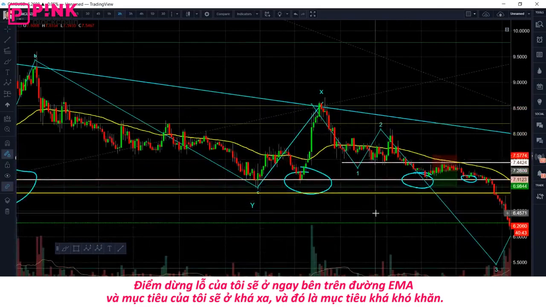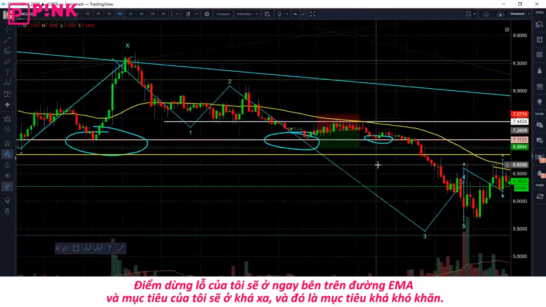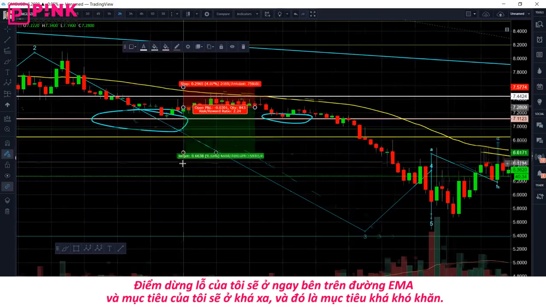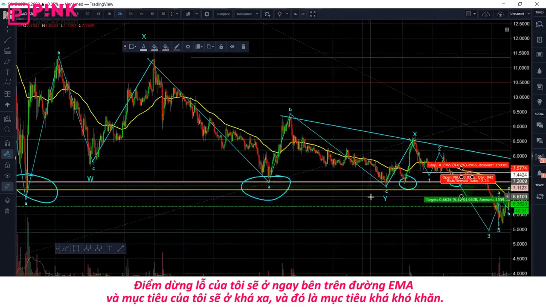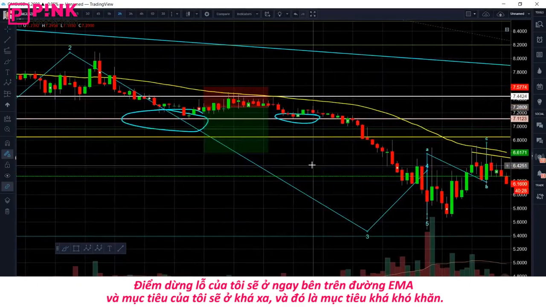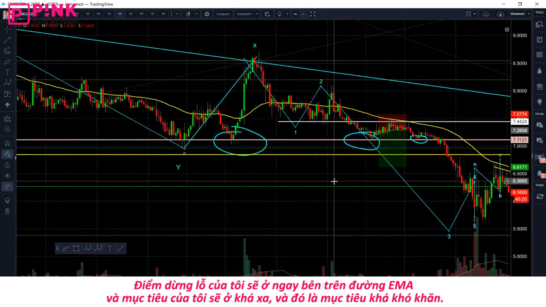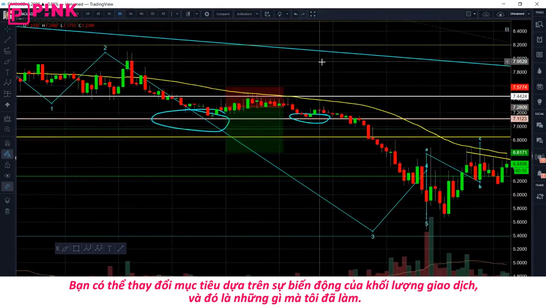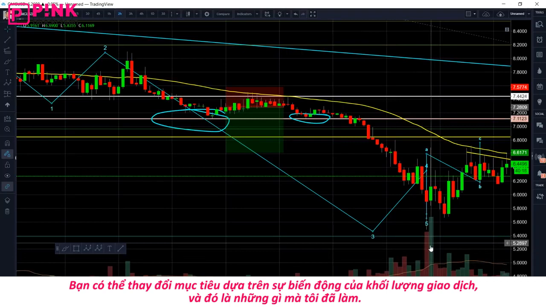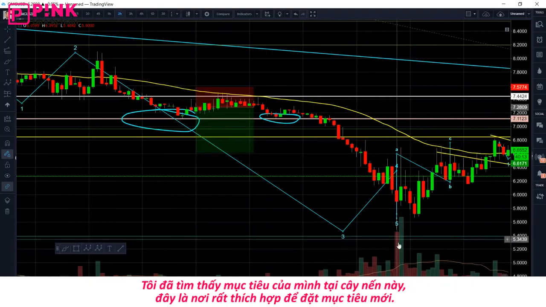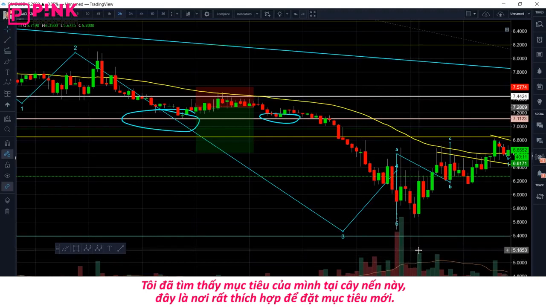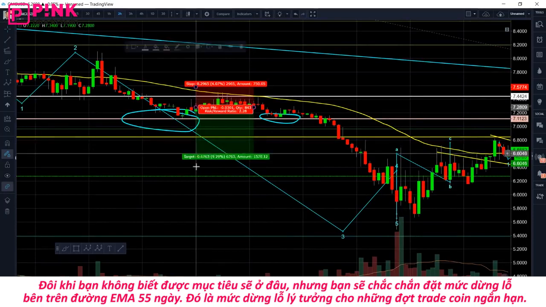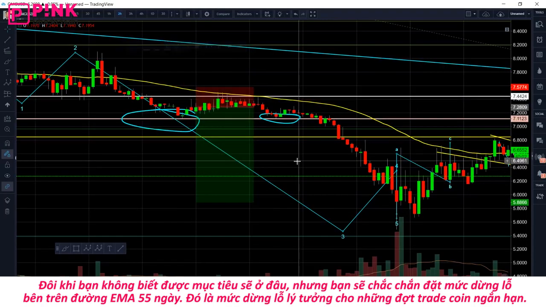So where would we have targeted? Well, we would have just set a stop loss right above the 55 EMA, okay? And then we would have probably targeted somewhere where the next resistance was, pretty far away. Actually, this one you wouldn't have really had a target. But you would basically ride that one down as low as it possibly gets until you can get a volume confirmation. That's what I would have done. I would have rolled this all the way down to where I got some nasty candles and it would have shown some support. So this candle would have been a really good place to close it, or this one right here. Okay, so sometimes you don't know where your targets are, but most of the time you do